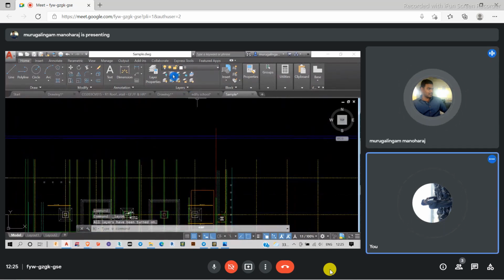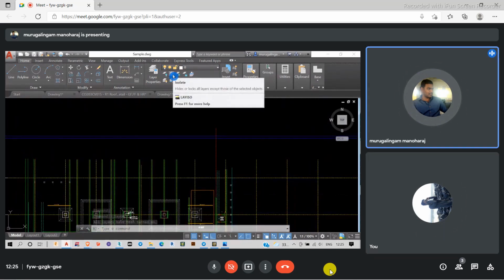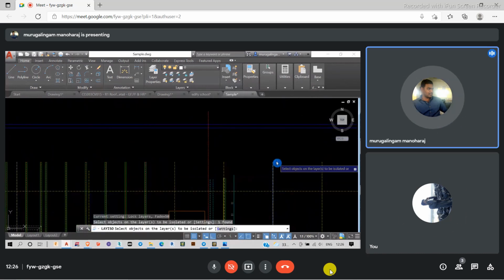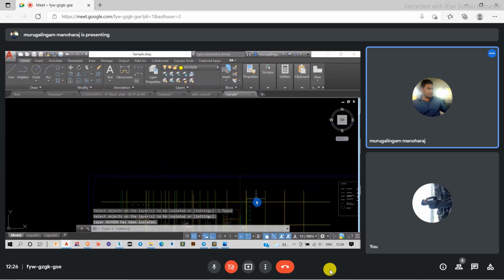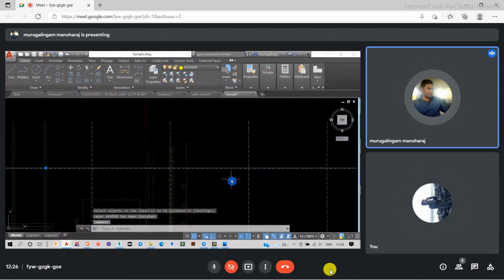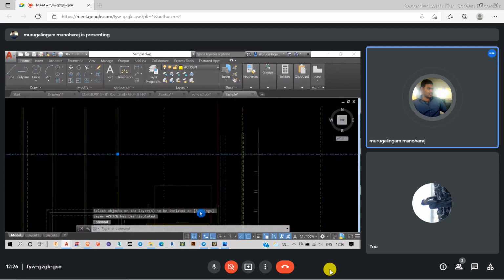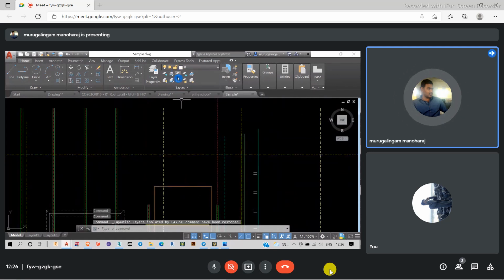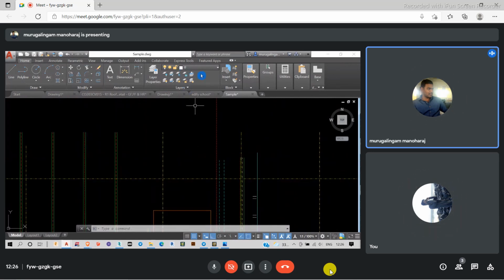Same way for isolate also. If I just want to isolate a particular item, I select this one. Except these items, everything will get locked. Only I can work with this one. All other items will get locked for me. These are very useful options when we are working with big projects. Once again, unisolate. The same with the freeze icon, which is similar to these icons, and these are lock options, and these are make current options.